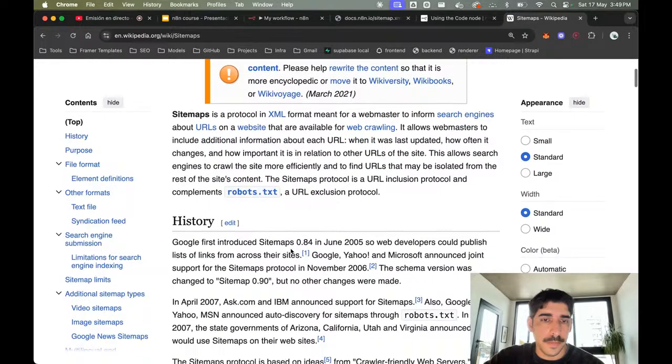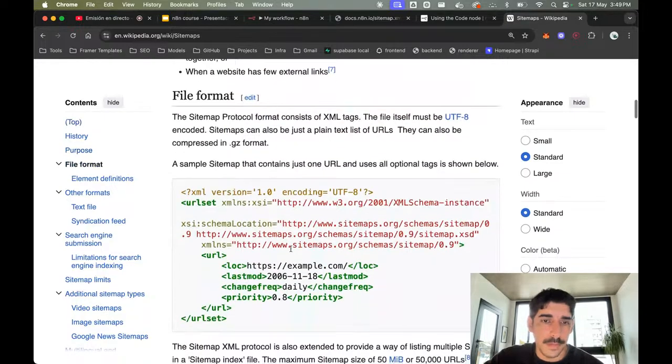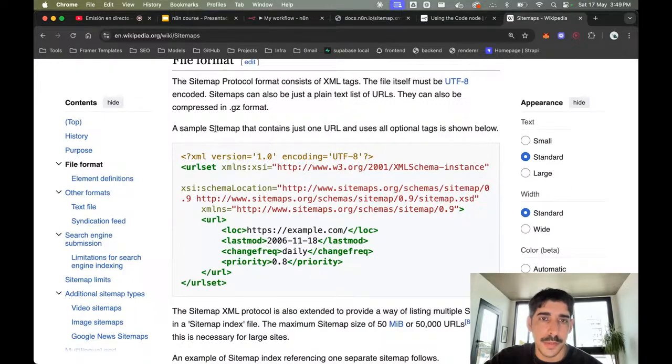Oh, okay. A simple sitemap that contains just one URL. So yeah, this is a standard way. Oh, this is interesting as well. This as well.